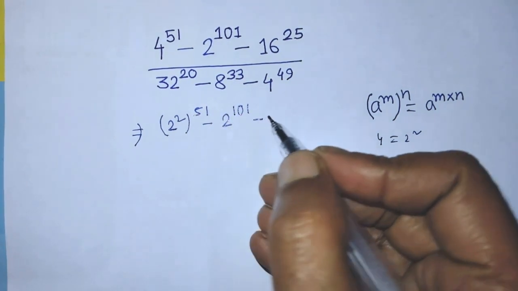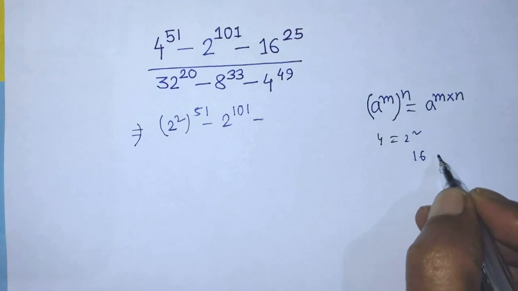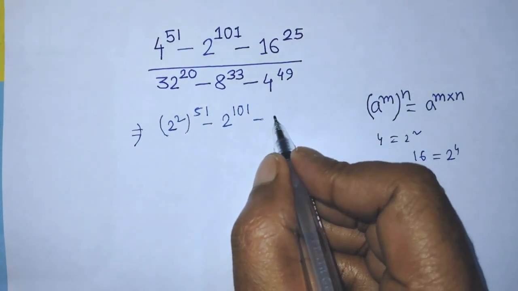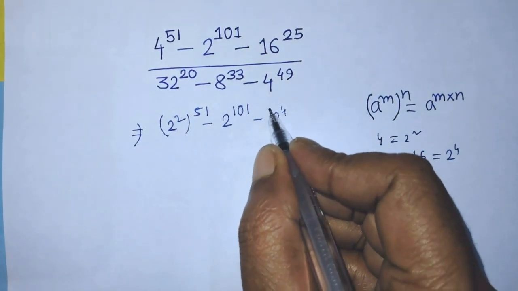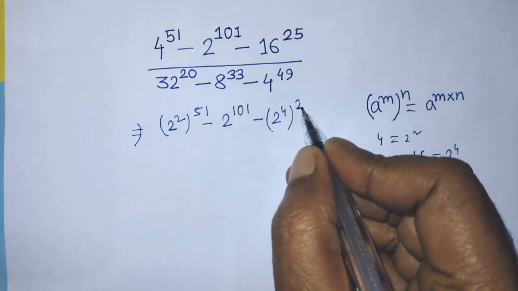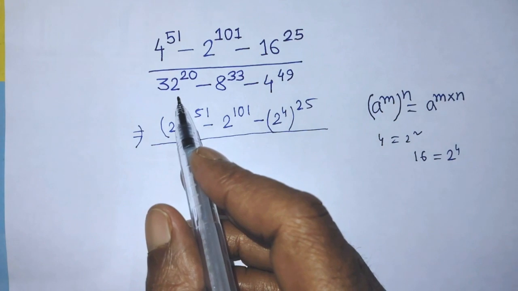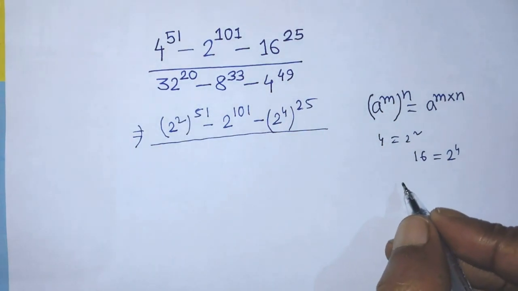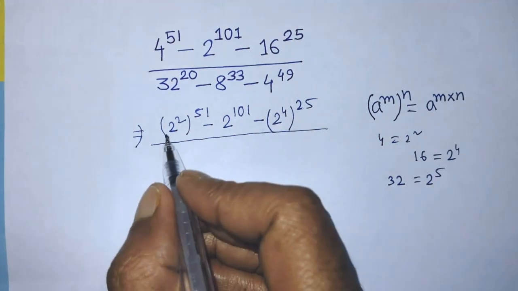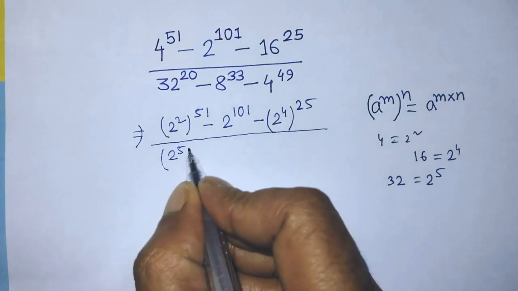101 minus, in the place of 16 we have to write the exponential form of 16. The exponential form of 16 is 2 to the power 4. So we have to write 2 to the power 4 in the place of 16, whole to the power 25 over. In the place of 32 we have to write the exponential form of 32. The exponential form of 32 is 2 to the power 5. In the place of 32 we can write 2 to the power 5 whole to the power